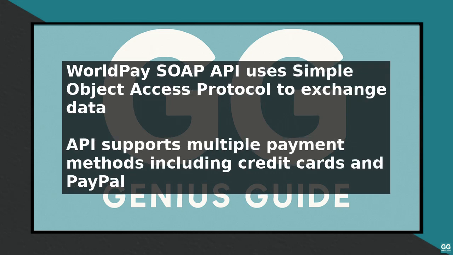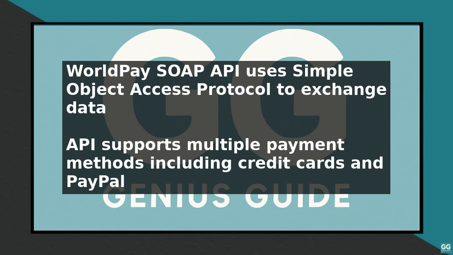To start using the WorldPay SOAP API, you need to create a SOAP client in your programming language of choice. This can be done using a library or framework that supports SOAP, such as Java or Python. You will need to import the necessary libraries and create a new instance of the SOAP client, passing in your